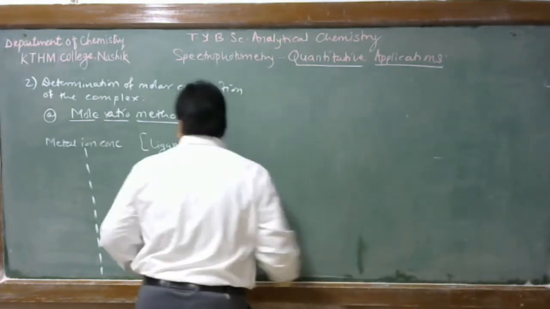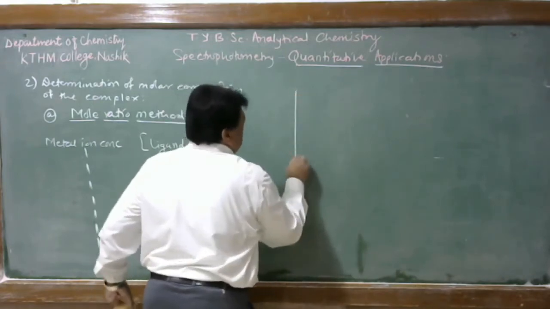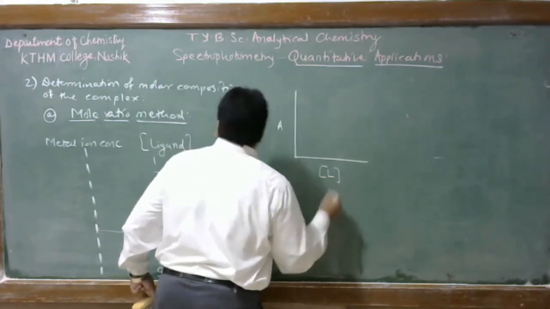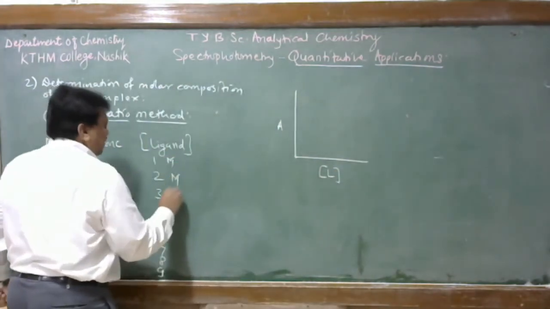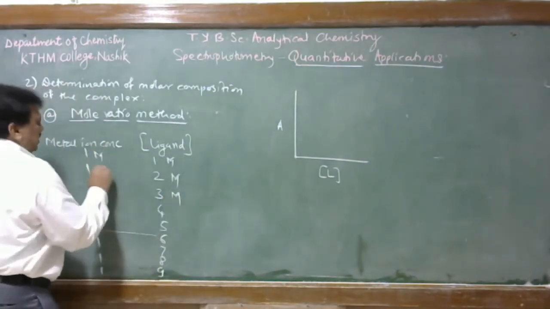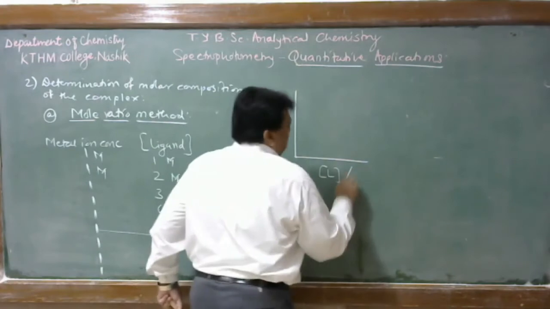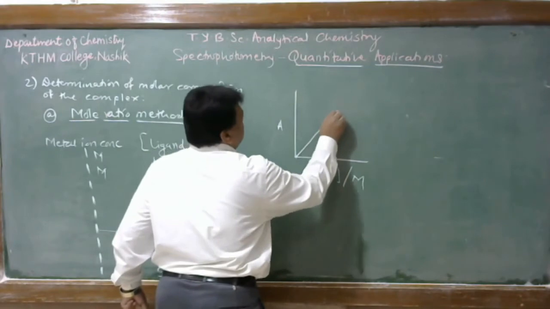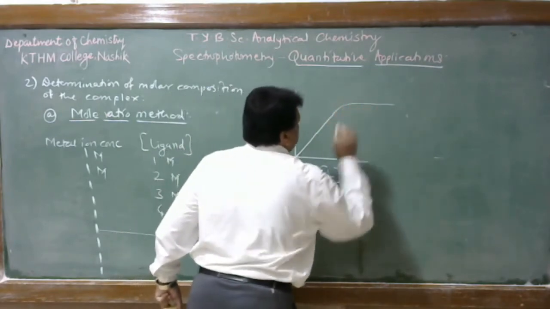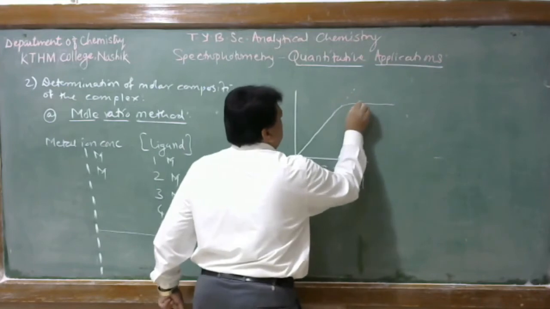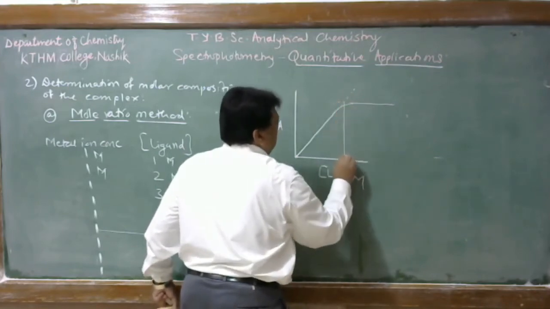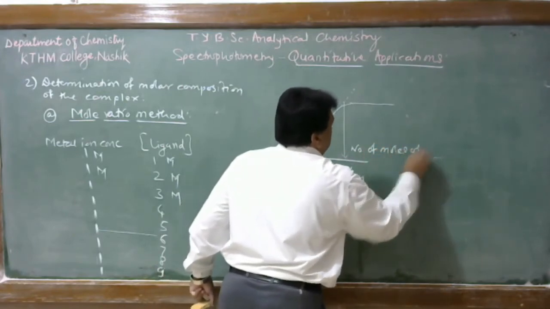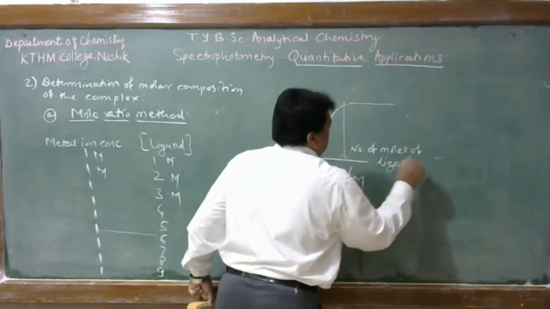to the metal, or molar concentration of ligand, then we have a curve like this. That is concentration of ligand. Here 1 mole, 2 mole, this is in moles, and this is also in moles. Therefore, here concentration of ligand per mole. Then we observe that absorbance increases to a certain level, and after that it becomes constant. Then we have two straight lines intersecting at a point, that is the number of moles of ligand joined to the metal